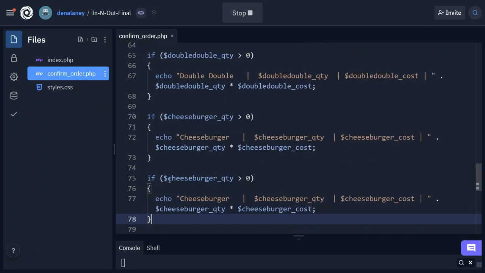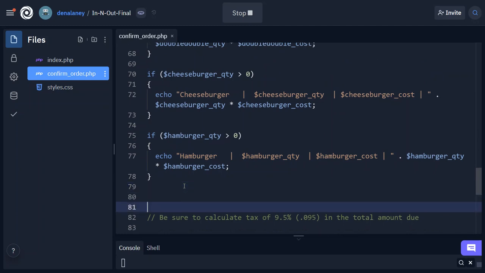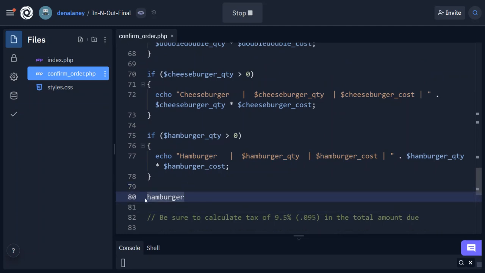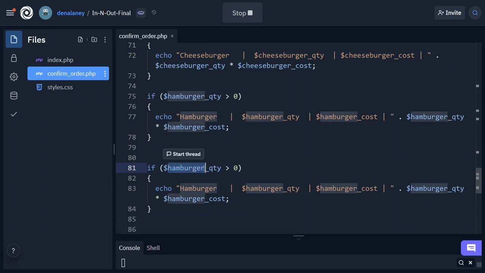Now I'm going to change this to hamburger, and I'm just going to copy and paste the word hamburger. Copy and paste is programmer's best friend, especially when it comes to this kind of thing that you have to do over and over again. Okay, hamburger, and then we have our fries. All right, so after I do the fries, I'm going to check my code. The only reason to do this is I want to make sure everything is working before I get too far. Okay, so I'm going to do fries,